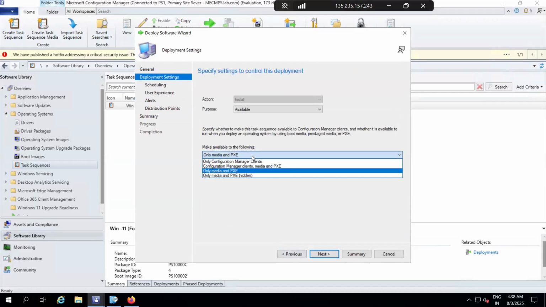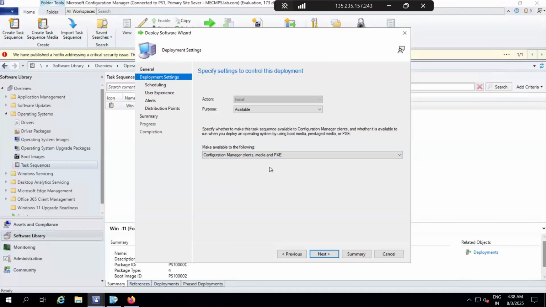इसके लिए पीएक्सई की वैसे जरूरत नहीं है, ओनली कॉन्फ़िगरेशन मैनेजर क्लाइंट मीडिया एंड पीएक्सई, क्योंकि पीएक्सई हमें उसके लिए चाहिए होता है जब हम बेयर मेटल के लिए करते हैं, तो ये भी चलेगा।